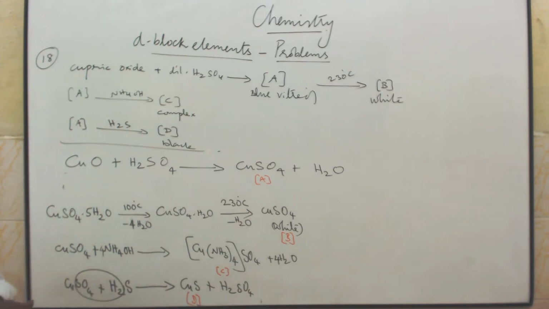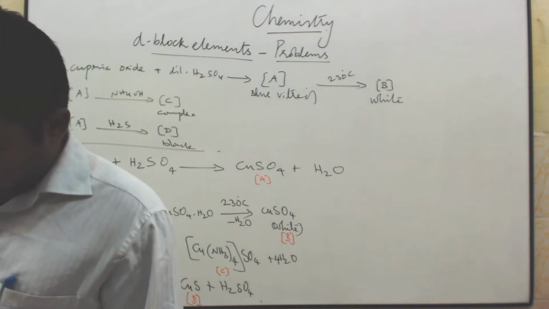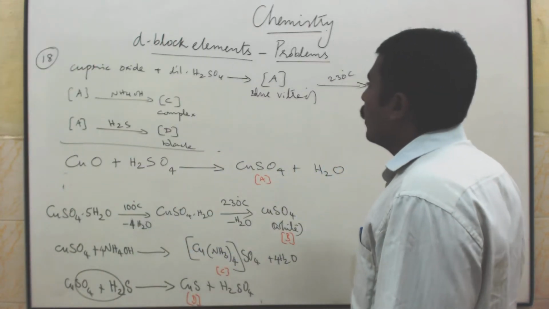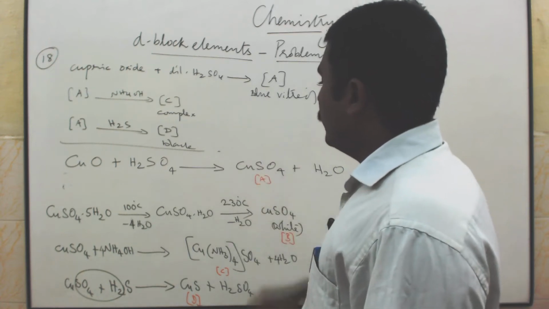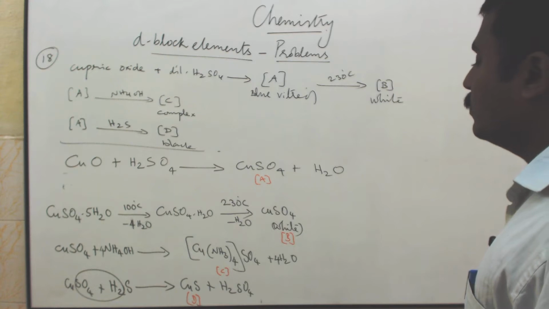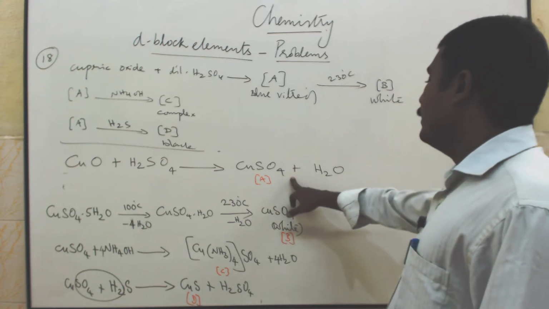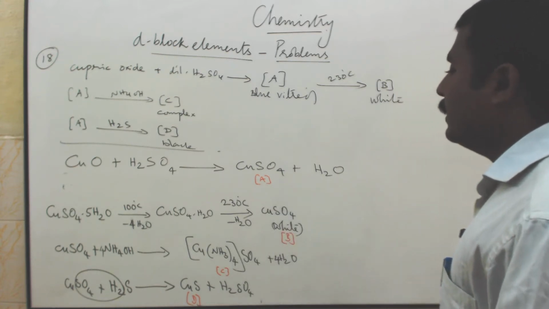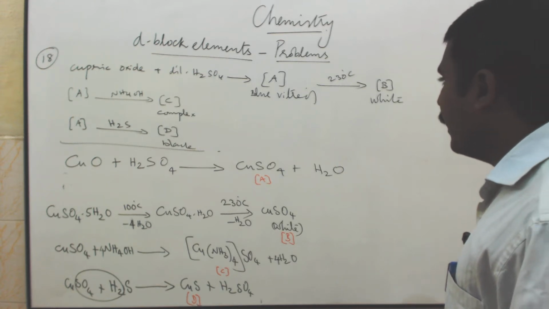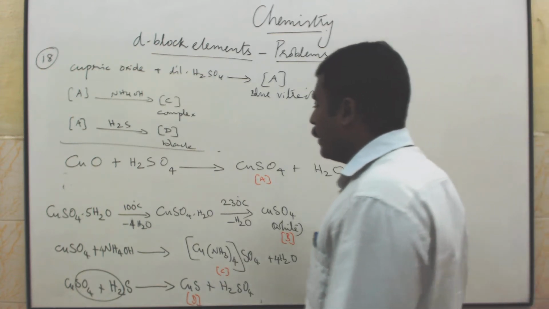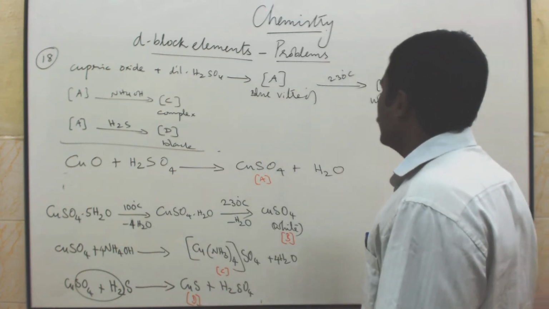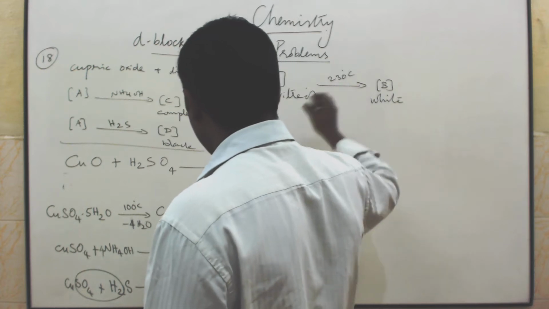Okay, so in this problem, cupric oxide reacts with dilute sulfuric acid, it gives copper sulfate as the product. So it's blue vitriol, that is copper sulfate pentahydrate. Then it decomposes at 230 degrees Celsius, it gives a white substance which is compound B, so that